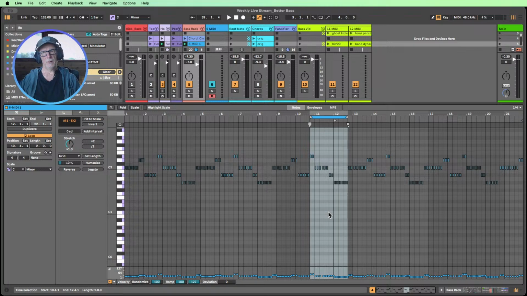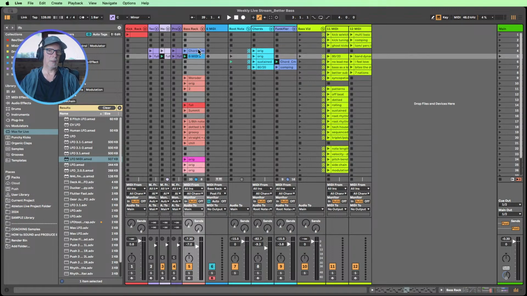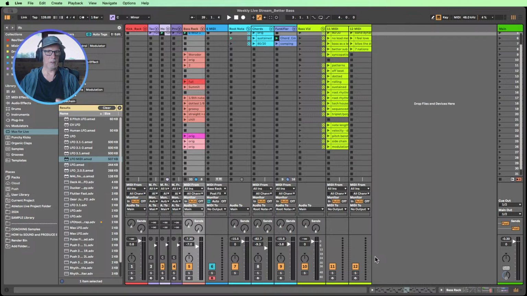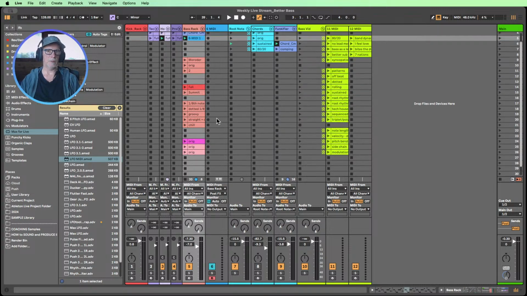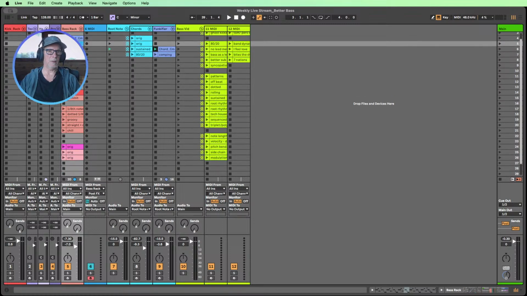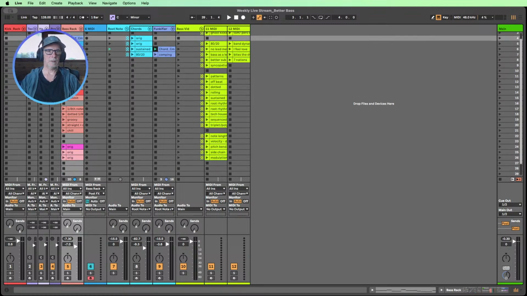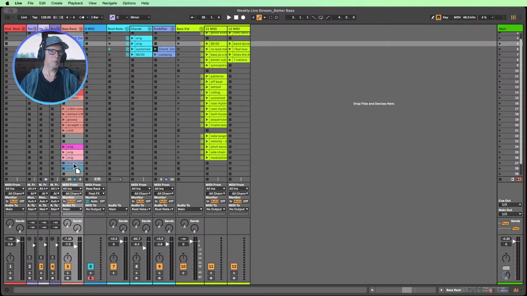Pro tip: record it into the arrangement view, open up take lanes, do lots of recordings of it, and then you could comp together your own custom take of all this different MIDI. Perhaps we should do that another day, but that's a great way to get a root note bass a little bit more interesting than, as I said, just copying the roots over. So the 80-20 that I explained, and now a little funky rack that makes some pretty cool MIDI.